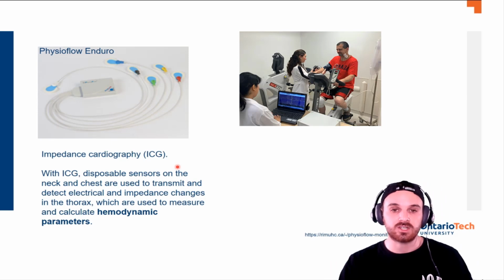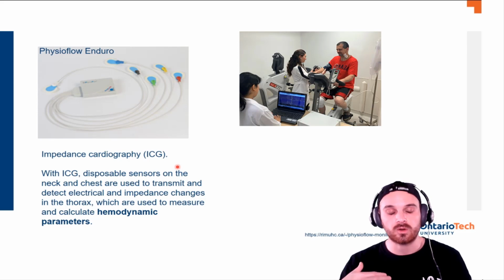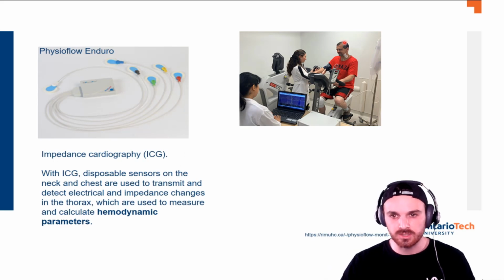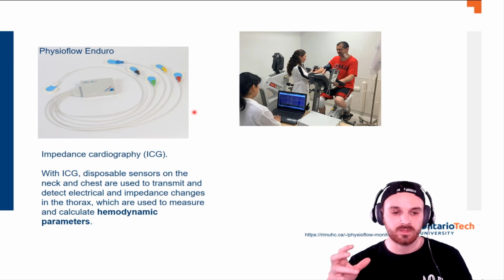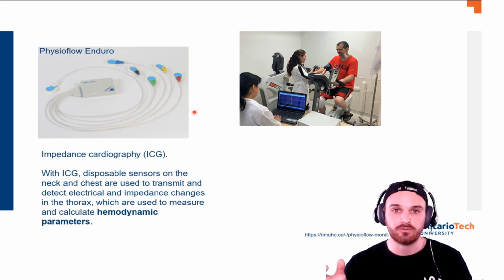So these sensors actually project or transmit this electrical signal into the body at a very low frequency. Then when that low frequency is altered by either the heart beating or blood flow through specific areas, and you'll see that especially in this picture, the person has two electrode placements on their carotid here, then that electrical field gets distorted, and through a very complex set of equations and calibrations, the system knows exactly what that corresponds to in the amount of blood flow, and then can revert that back to the person's height and weight, which are